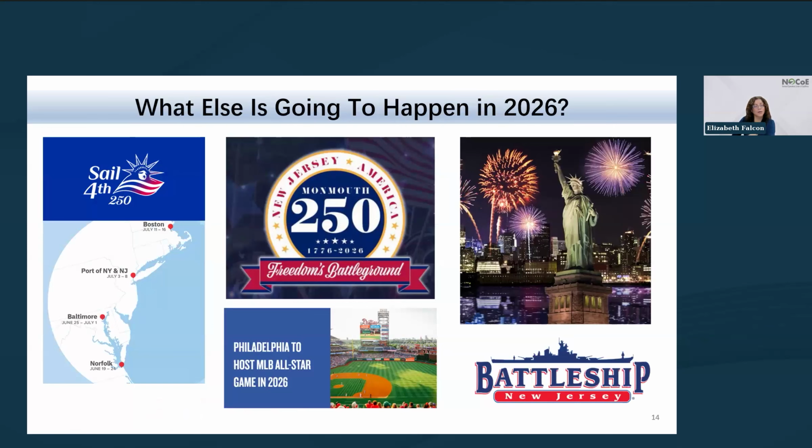But that's not the only thing going on in 2026. Sail 250, a global gathering of tall ships and military ships, will come into New York Harbor 4th of July weekend to celebrate the 250th anniversary of the founding of the United States. In addition to that, we expect special events in all of New Jersey's 21 counties to celebrate the country's semi-quincentennial